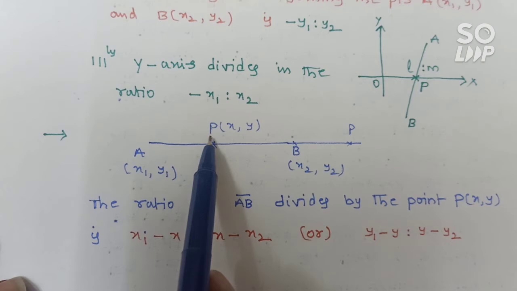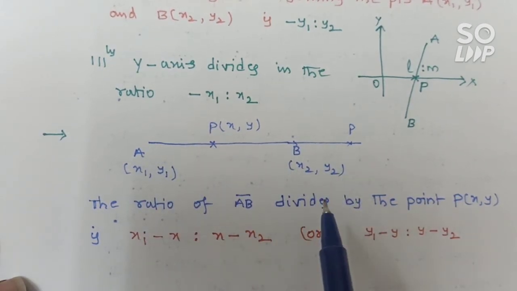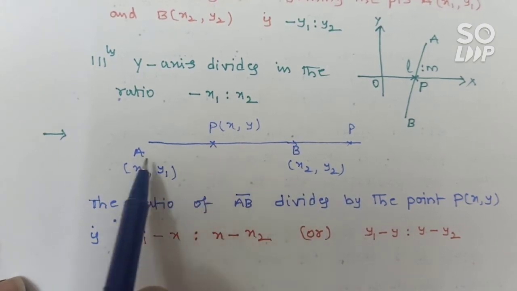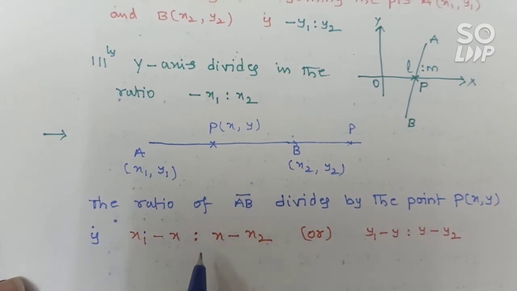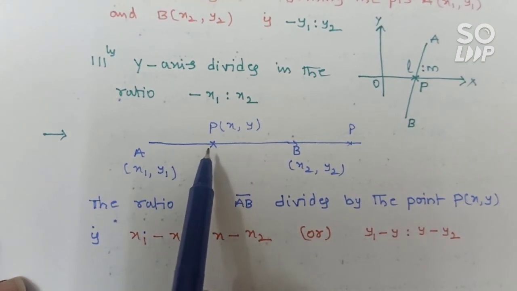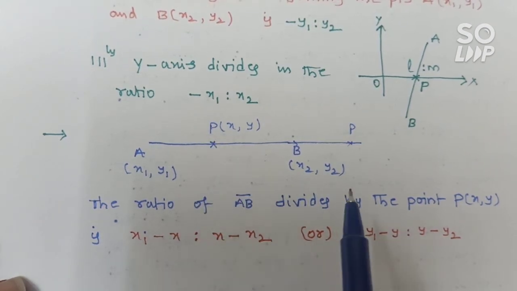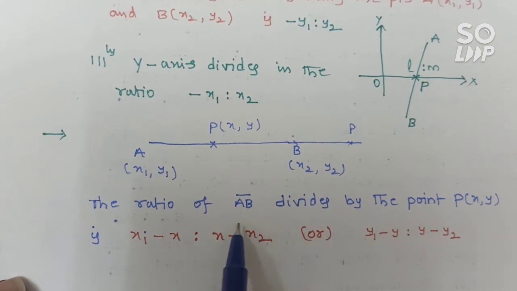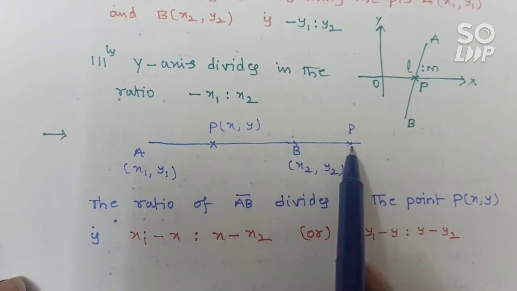Here you see that point P divides AB either internally or externally. Here we are going to find only the ratio. According to that ratio, you can decide the location of the point P: is it internal or external to AB? If you get a positive ratio, then P will be internal to AB. If you get a negative ratio, P is external to AB. Right? So before that we should not come to the conclusion.